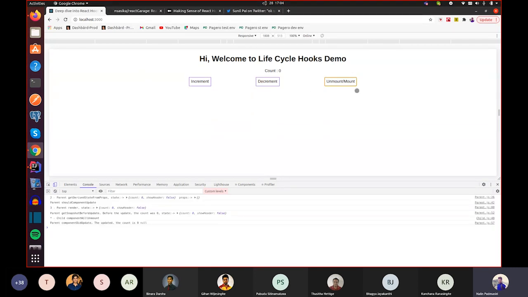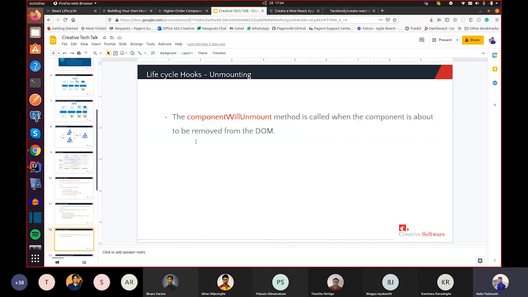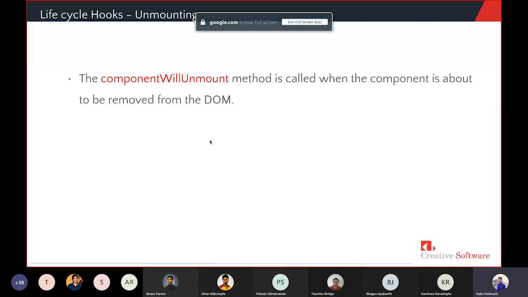As I am updating a state, definitely my updating phase also will be triggered here. And can you see, the child class has called the componentWillUnmount function here. So that's how these life cycles work.